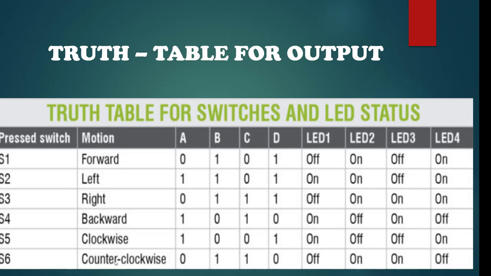And in our project, when we start, all 4 LEDs are already on. When we press the one switch, LED 1 and LED 3 turn off, and 2 and 4 remain on. Similarly, when we press S2, our LED 3 becomes off, as all 4 LEDs are on already. So in all the cases, the output is based on the truth table, and accordingly the LEDs turn on and off, and we come to know whether our IC is working properly or not.